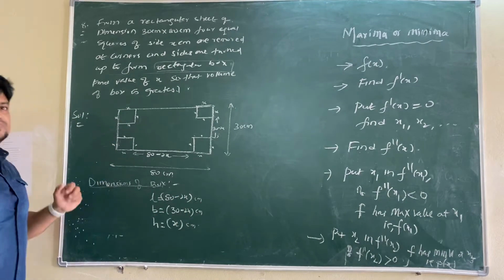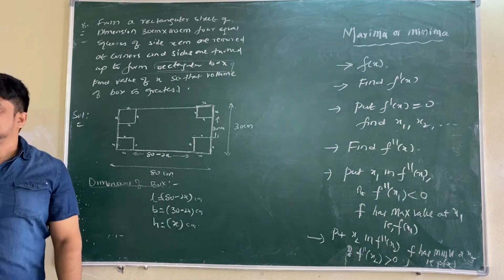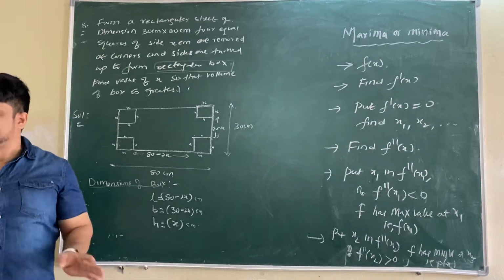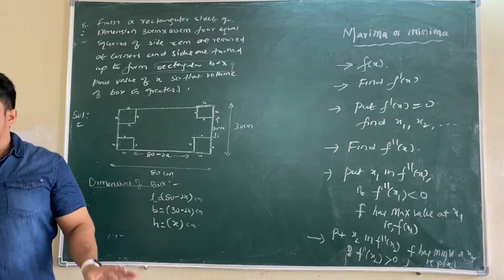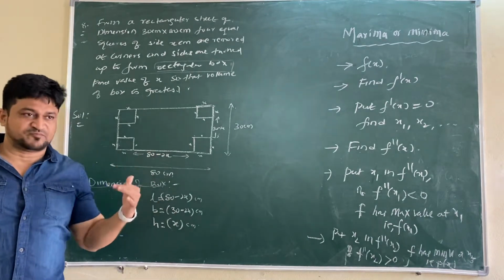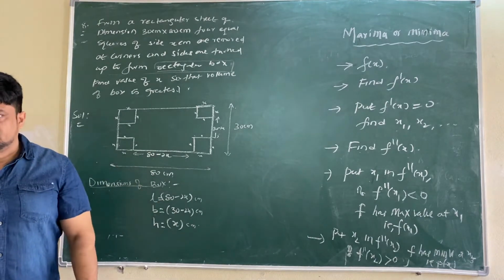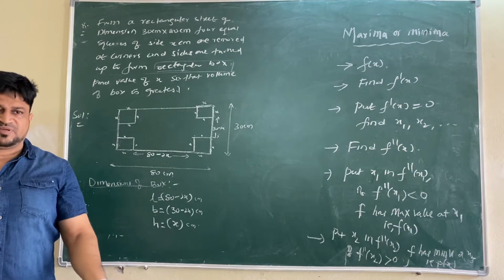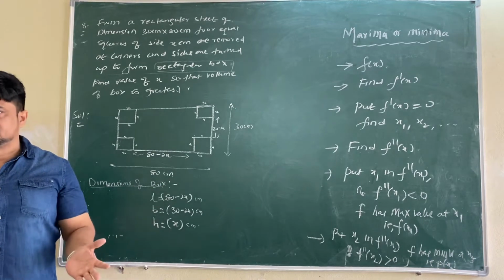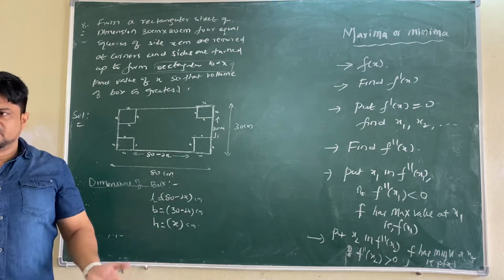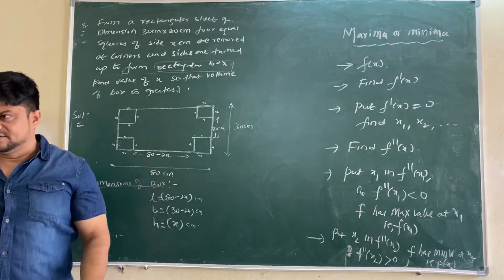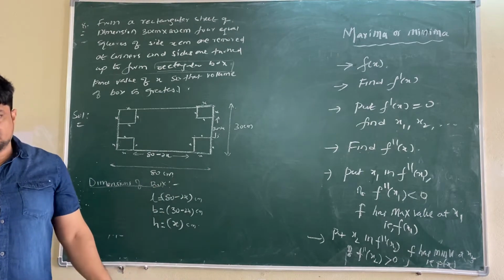Clear? First step. Whenever a rectangular sheet is given to you, if you copy at the time of writing, you will fail. Write it in bold letters and keep it with you. Sir told like this, if you write at the time of explanation, you will fail. Intelligent girls, I saw many of them. For many years I am seeing, na? Those who concentrate and then write. Why are you writing? This is already recorded and I am giving time also for copying.